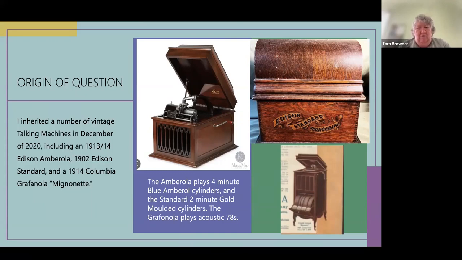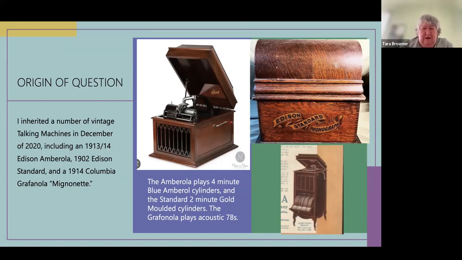So what was in the workshop was an Edison Amberola 6A, which when I got it did not look like this one, but it does now. So I really had it worked on. And there was an Edison Standard phonograph. And then in the house, there was a Columbia Graphophone Mignonette. And I will say that I have found, just reading about the names that people came up with for record players, it's just fascinating, because mignonette is the name of a fish sauce. So I don't know why they came up with that. I assume they thought it was French.